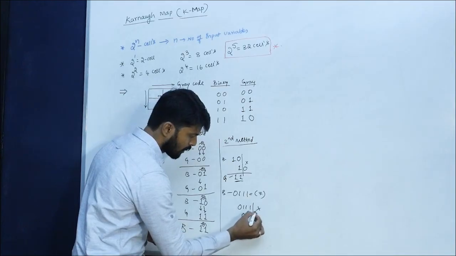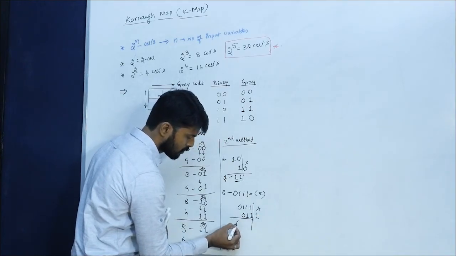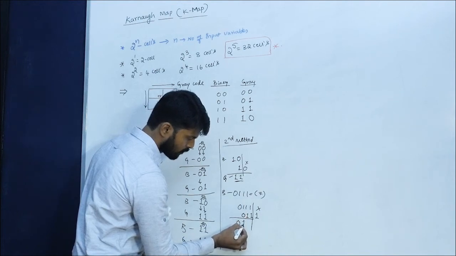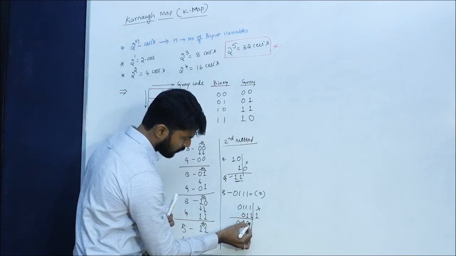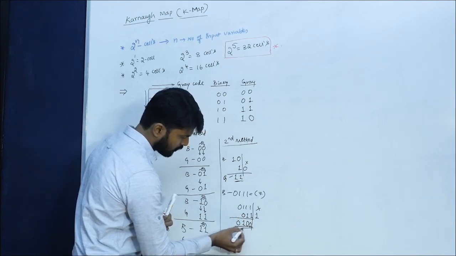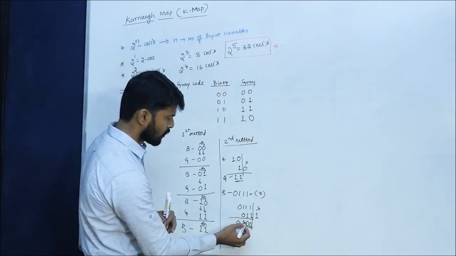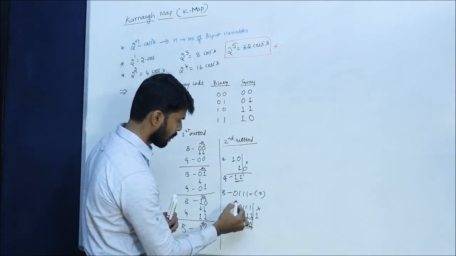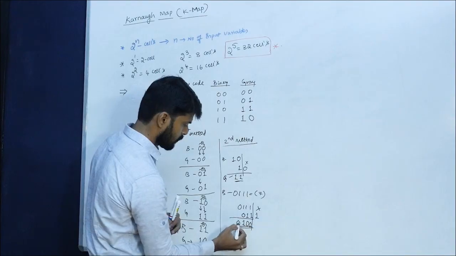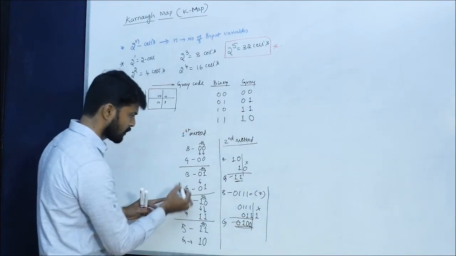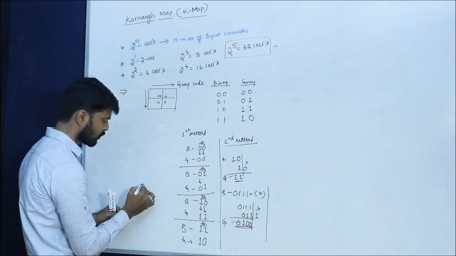So again I will neglect this, I will take only this 0. 1 XOR with 0 is 1, 1 XOR with 1 it is 0, 1 XOR with 1 it is 0. Then the equivalent is 1 0 0, which is 4, the gray of 4. Similarly, we will also see the first method for the number 0 1 1